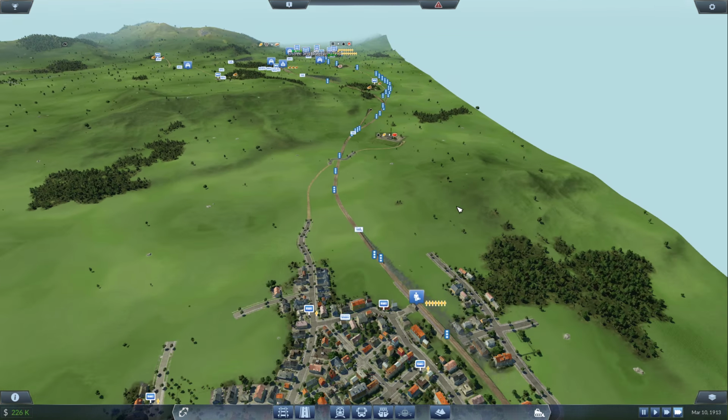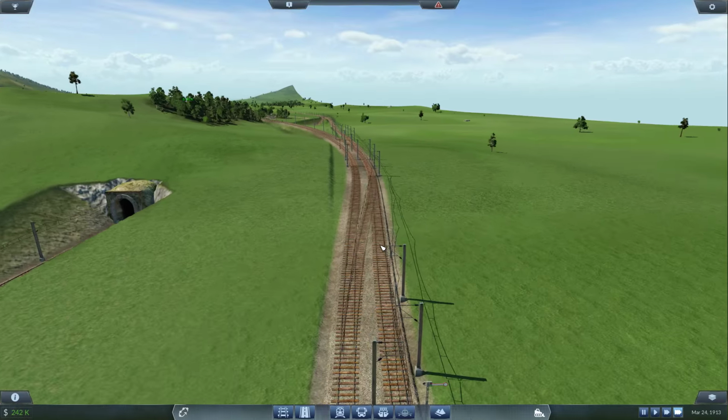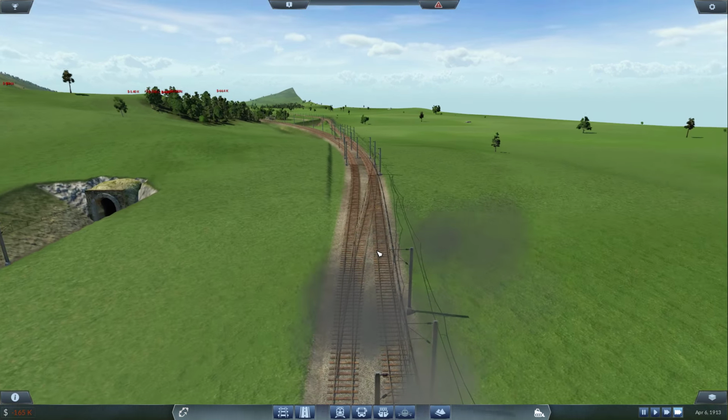And the train speeds all along the track should be superb. There should be no issues with any train speed anywhere. It should all be working. The only real issue is this little bit of track there. That may cause a little bit of confusion to the trains, but